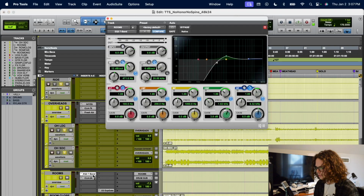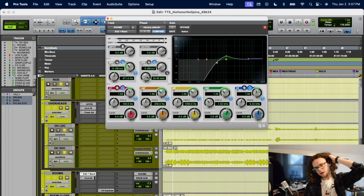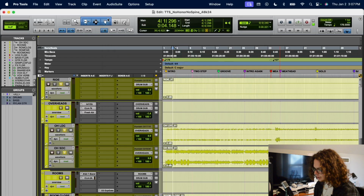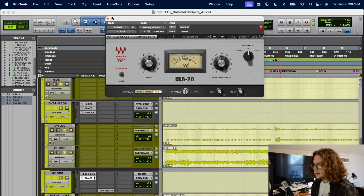Let's look at rooms. Okay, so rooms are weird with me. I get that rooms give the drums their tone, but at the same time, I really only want the rooms to open up when the snare hits, so it acts as a natural reverb, and that's what I did. So I high pass the frequency the hell out of this guy. You can see here my frequency is set to almost 500 hertz, giving a little boost around the 1K range, and then just the tiniest little bump at 6.3. LA2A because it's an